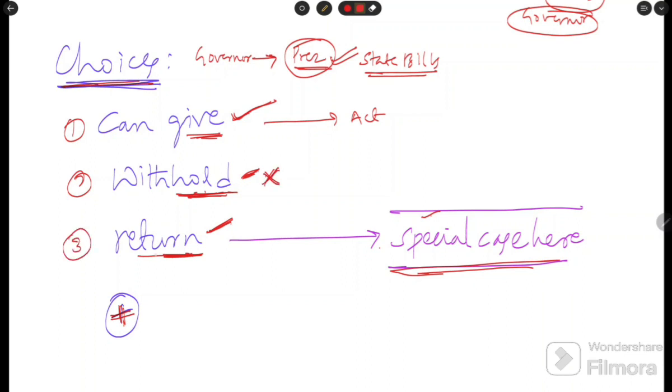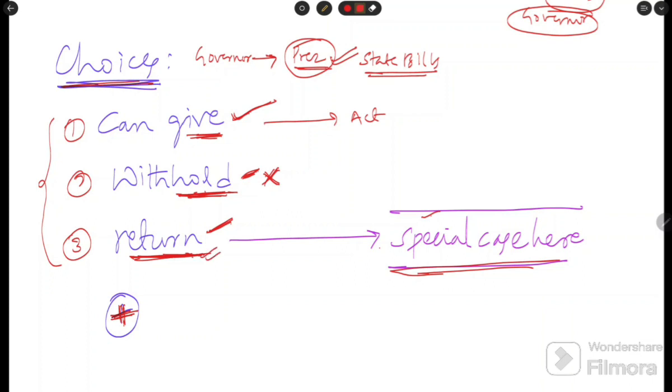And another one is he can return the bill, which we will discuss very soon after this plus mark, because it has a special case, we need to discuss at last. There are three things which are explicitly mentioned in the constitution, that is, the president can give assent, withhold the assent, or return. I will explain this in detail later.